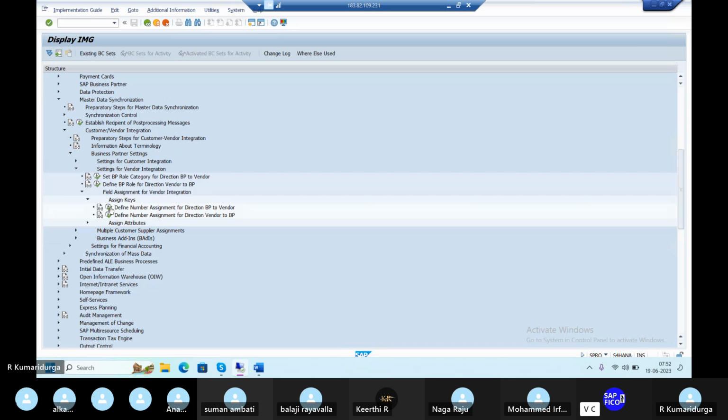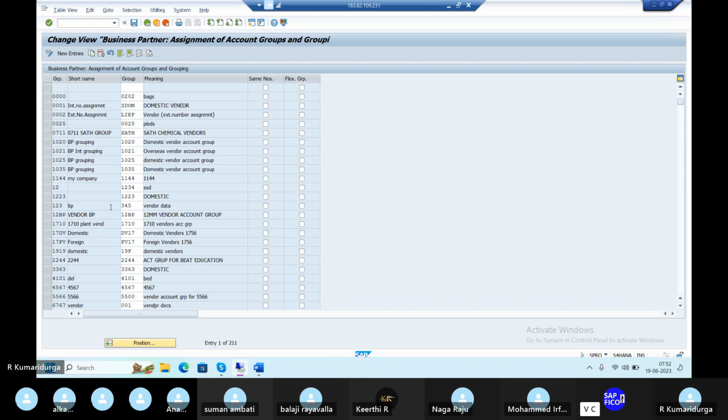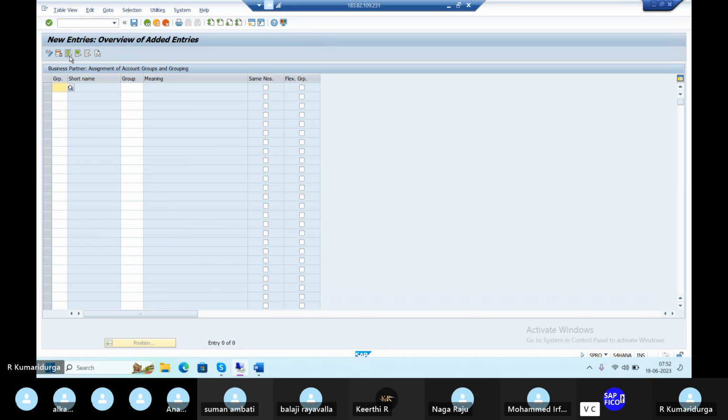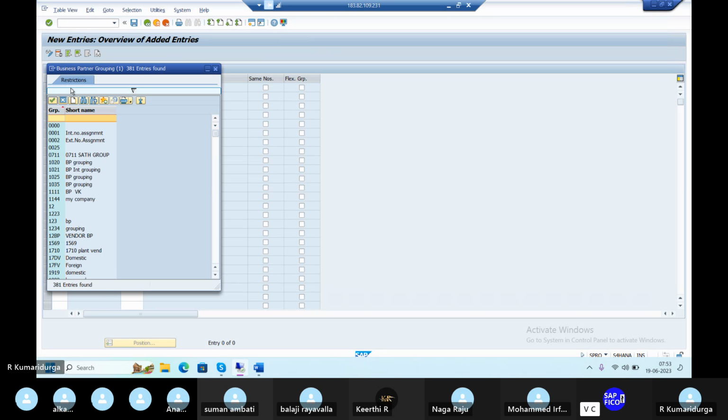Okay, good, no issue. Go to that thing. Define number assignments for direction BP to vendor. So go to new entries. We can try to keep one thing: BP to vendor accounting groups. What is that? You can assign vendor to BP to vendor, that is not the issue. What I am doing is we are creating the business partner accounting groups, so I am giving the first one as BP. Okay, so in the group, what we need to give is